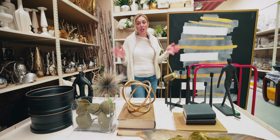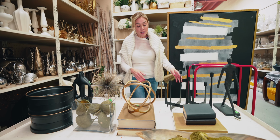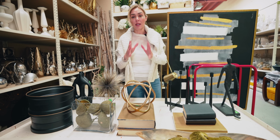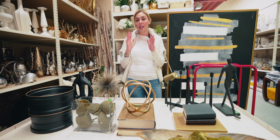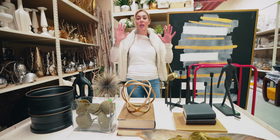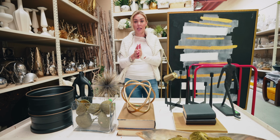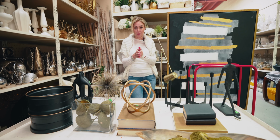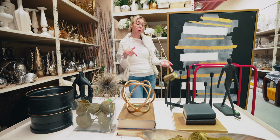Now on each shelf, we have about 12 to 14 inches of space to work with. As you see, all of these pieces, nothing is too narrow. They're all within the 10-inch to 12-inch range so that you can easily fit them in your shelves. And that's definitely something you need to consider when you're styling your shelf: the size. Size does matter, because if you take the wrong size accessory, it will not fit in your shelf, and then you're going to be left with empty spaces that you probably need to go back to the warehouse